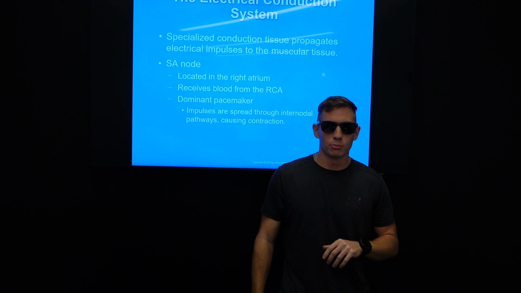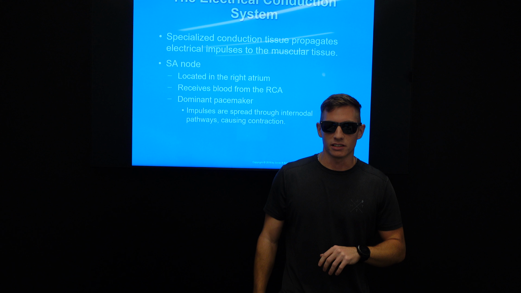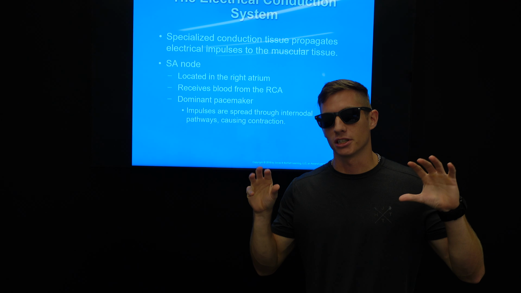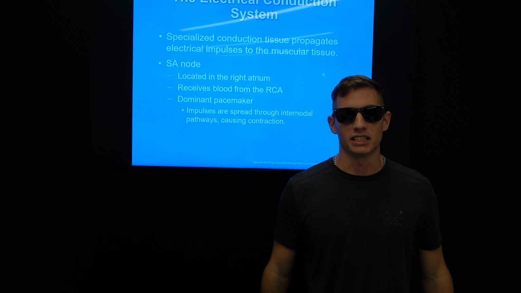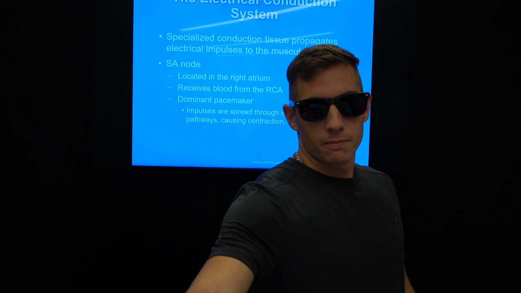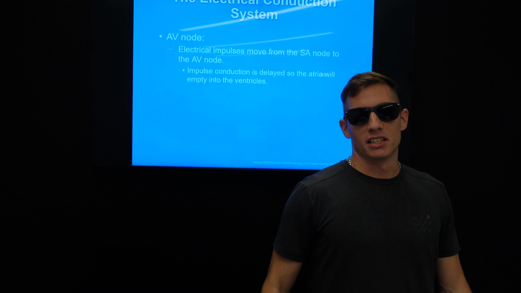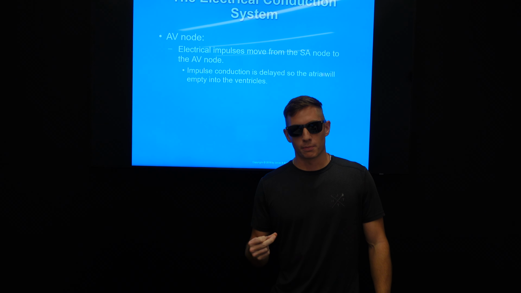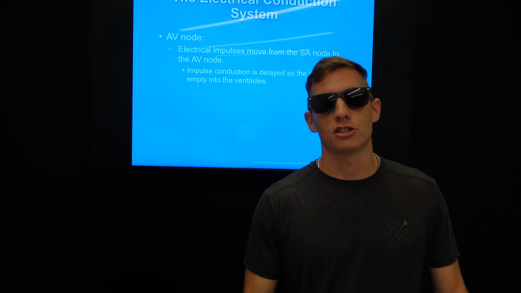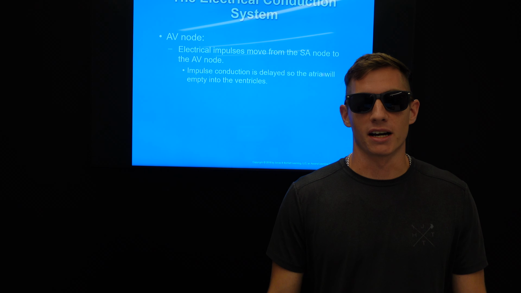In about 0.8 seconds, the electrical impulse generated in the SA node spreads across the atria and advances through these internodal pathways. The AV node, this is 2 out of 3 of your pacemakers. The AV node is located in the floor of the right atrium, behind the tricuspid valve, near the